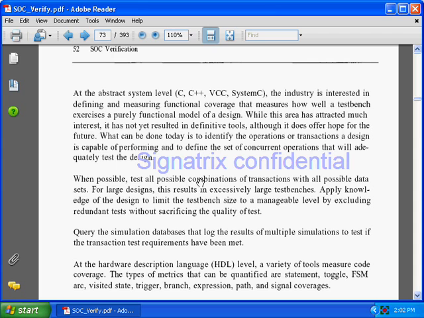They are telling that at the abstract system level, C++, VCC, SystemC, the industry is interested in defining and measuring functional coverage that measures how well a test bench exercises the purely functional model of a design. Whenever you are writing some functional coverage for your design, you will write at top level, abstract system level, either with C++, or VCC, or SystemC. These are some of the system level languages by which it is easy to write